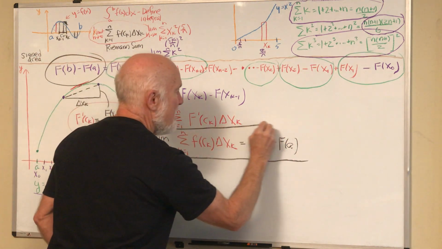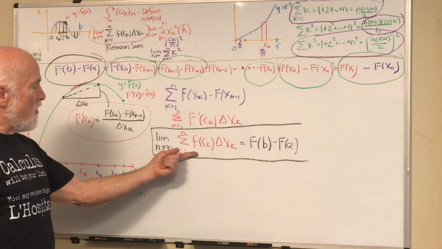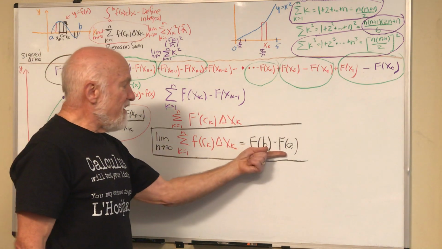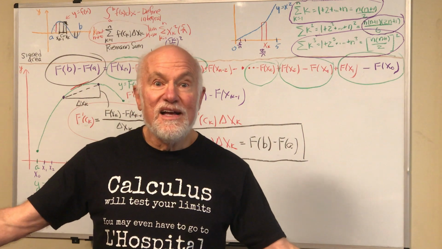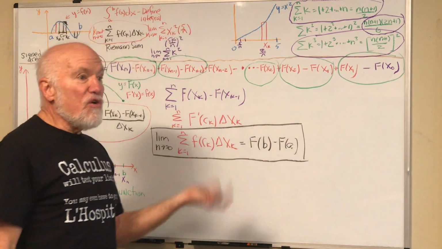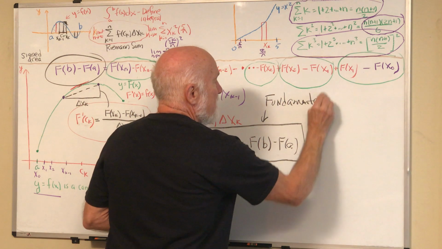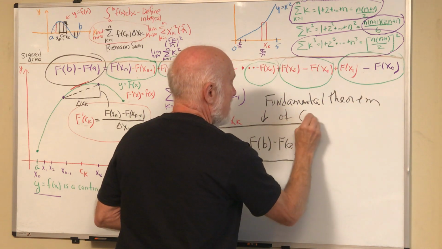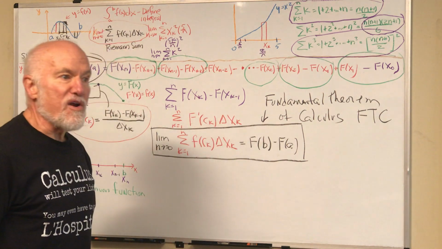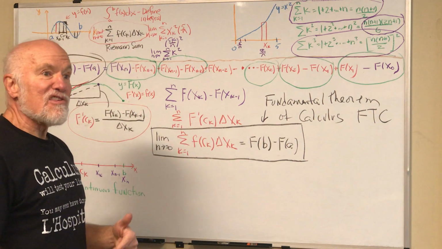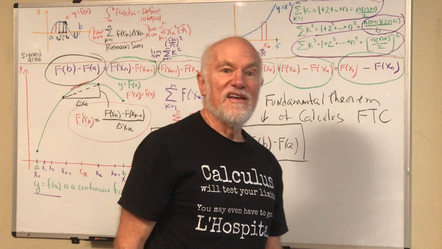And what do I have? I've just proved that this infinite Riemann sum that I'm looking for a value for, a way of finding out what it is, I found out a way. I can just take the antiderivative of this function, plug in the two endpoints, and subtract them. Wow, this is amazing. This is so amazing that we're going to call it the Fundamental Theorem of Calculus. FTC. You don't call things fundamental unless they're pretty important. What this does is it links differential calculus, what we've been doing, to integral calculus, what we're going to be doing the rest of this year. So it was a pretty amazing